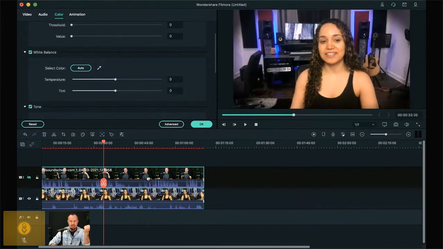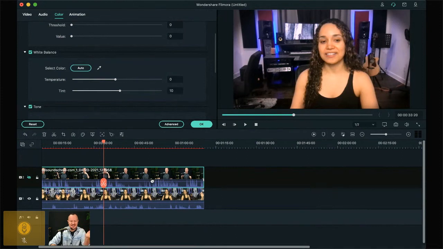And then we would quickly go to me, and we would go to the same advanced thing, and we repeat the same process. I could just go to the white balance, maybe give myself a little more of that magenta color. And then we can also give me a little more brightness, a lot of contrast, a little more vibrance, and a little more saturation. And I don't need a vignette. We'll just say okay with that. So now we've got both of these pieces of video that are ready to go.